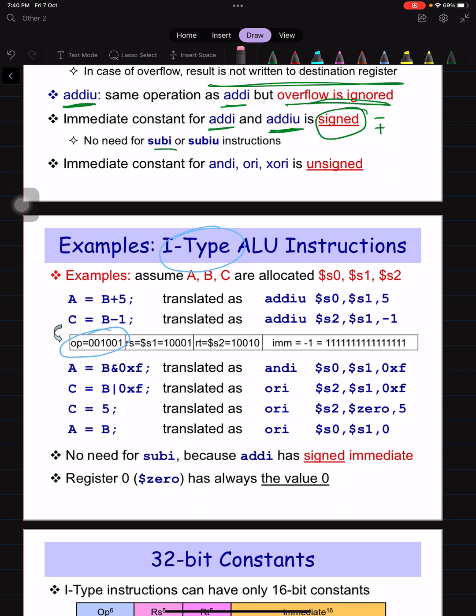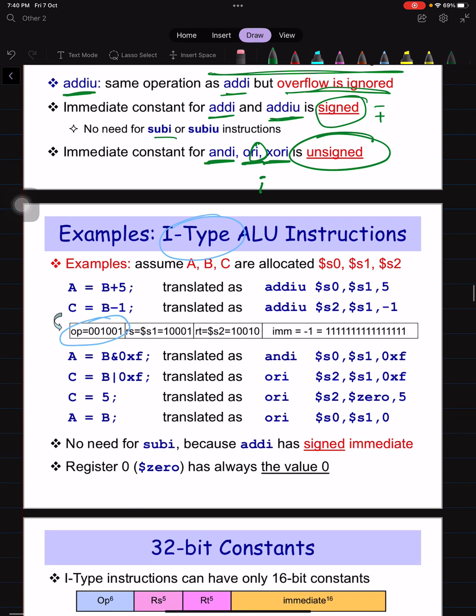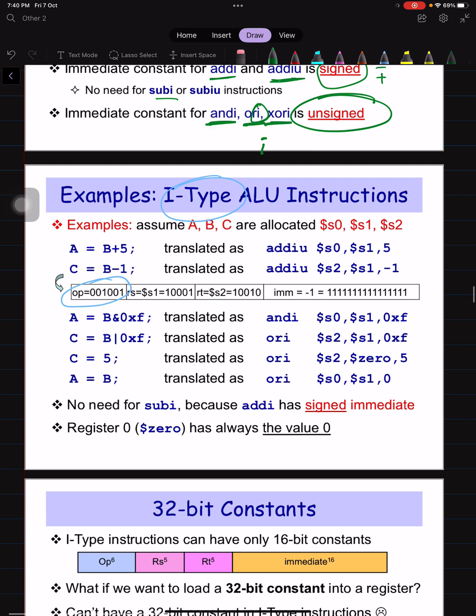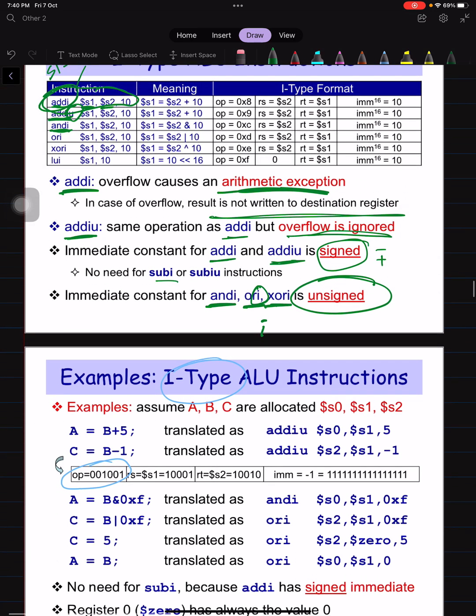Immediate constants for ADDI, ORI, XORI are unsigned, and they are I-type. If I want to use the constant, I just add I to that, and so on and so forth. Here we have an example of how we are managing things. Again, if you don't know why we don't have subtraction I, or subtraction IU,